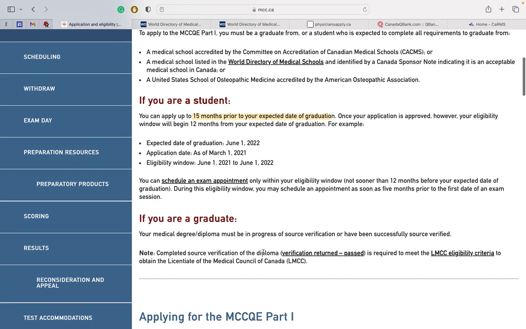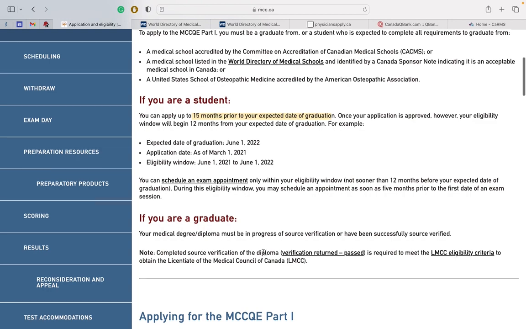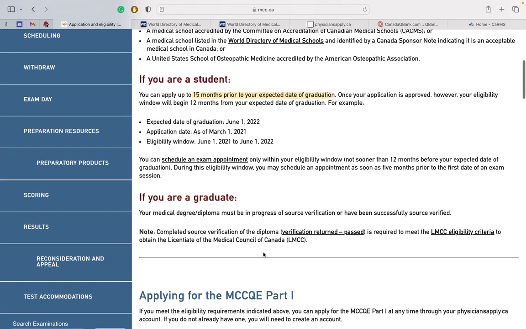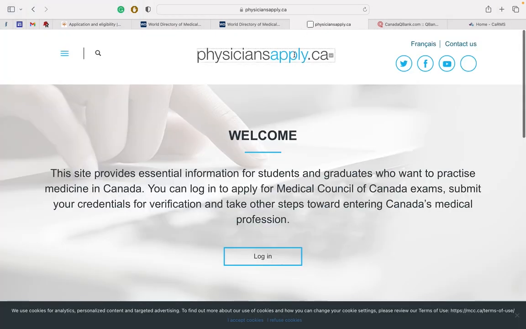So do not wait to start this process. Just go ahead, and I think this should be the first step. Get your diplomas verified. How do you do that? You go to another website. This is called physicianapply.ca. You log in here, just press login,